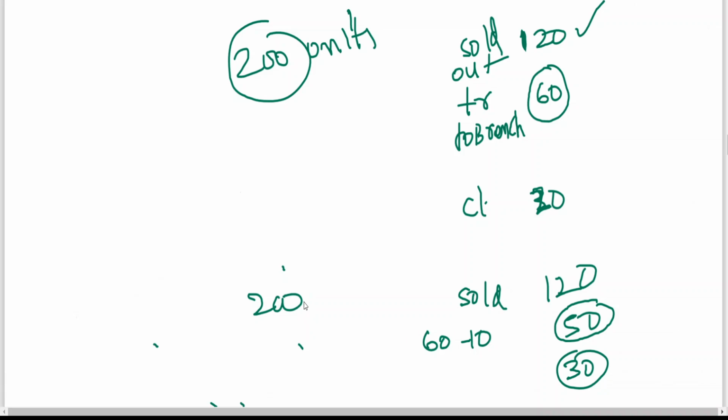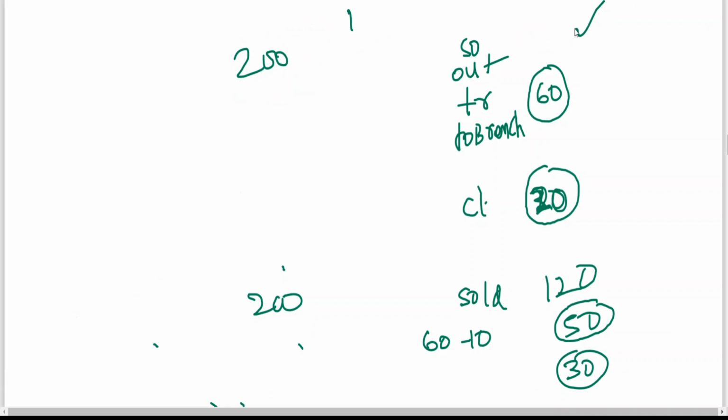Goods purchased by head office 200, sold to outsiders 120, sent to branch 60, but 10 units in transit. Now when recording, I've deducted the in-transit units. So what is the goods transferred to branch? Assumed 50. So 200 units minus 120 minus 50 is 30 units. If I don't deduct this 10, the closing stock with the branch will be how much? 20 units. Since I am deducting the units in transit from goods sent to branch, closing stock in units is 30 units. That means now you can say closing stock in units includes transit items.